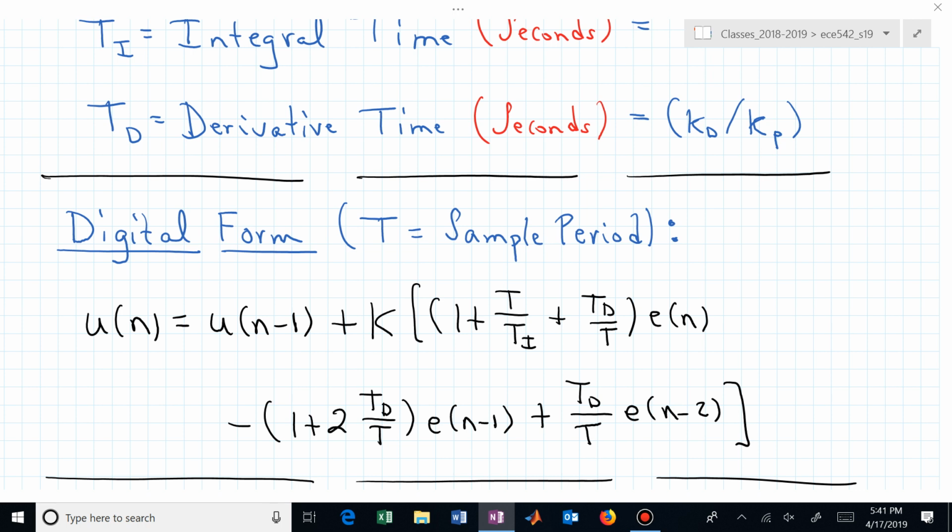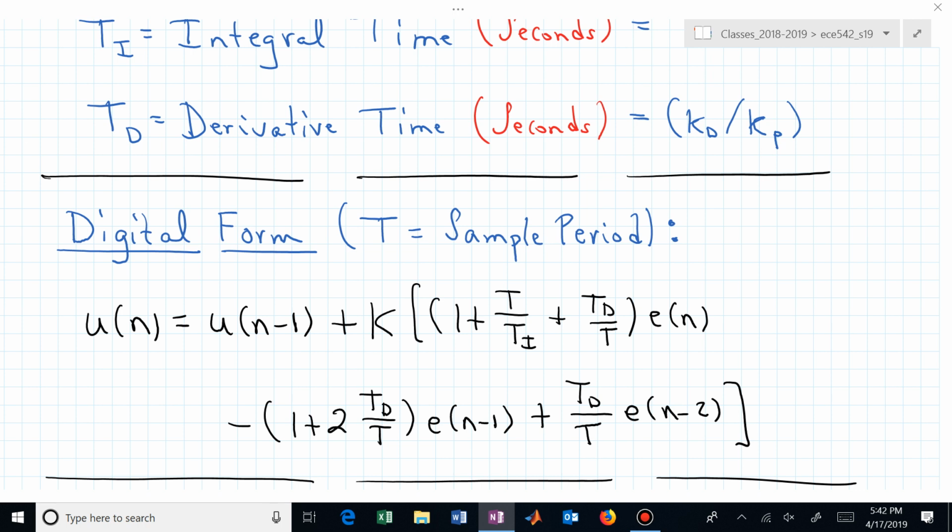And you're weighting those proportional to T, which here is just the sample period, so you have to figure out what that is based on your system. But once you've picked T, you have your integral time and your derivative time, and if somebody already had designed an analog PID controller in terms of integral time, derivative time, and proportional gain, all you would have to do is pick the sample period, and now you have the digital PID controller.